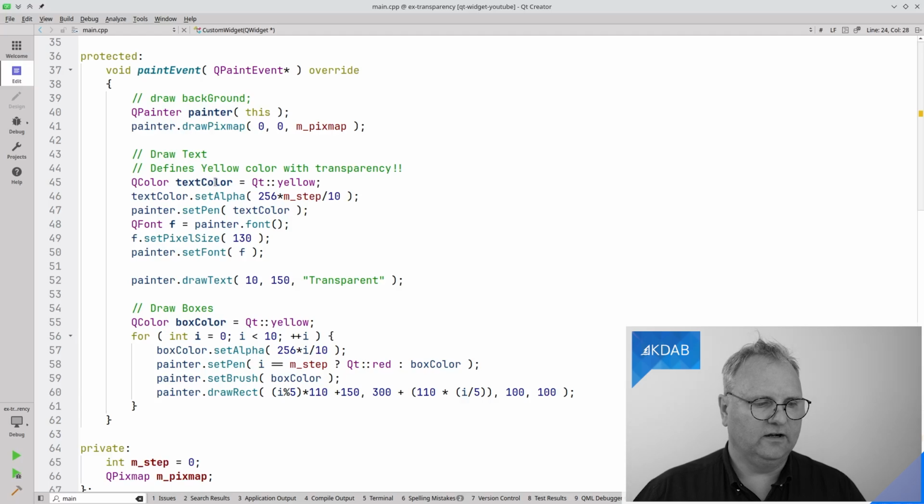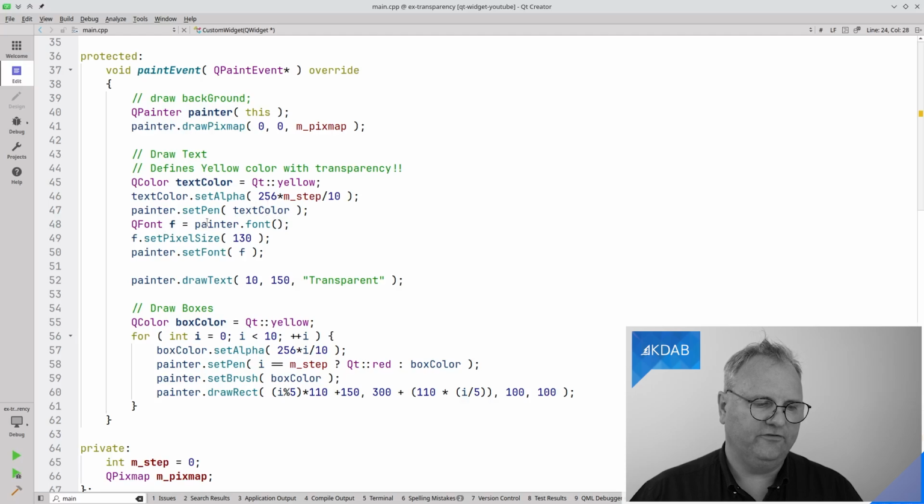Then I create a color for my text. It's a yellow color. That's, as I said, the only colors I can do, those with Qt:: in front of them. I set the alpha value, so that's how transparent it is, to be less transparent the further up the steps I go. I set the pen to be this color here.